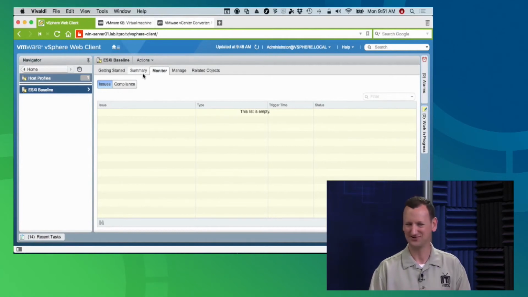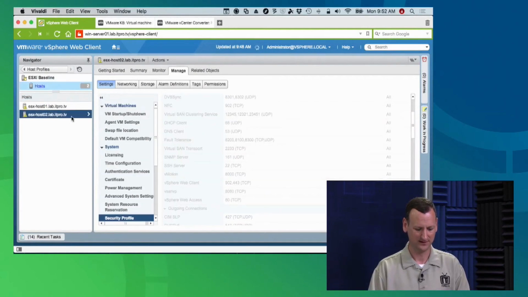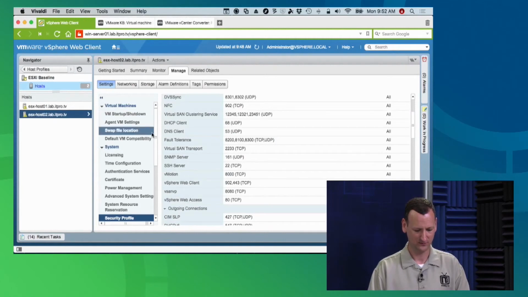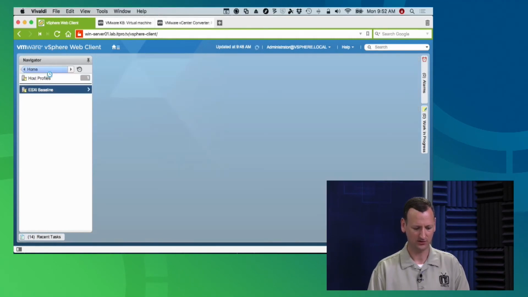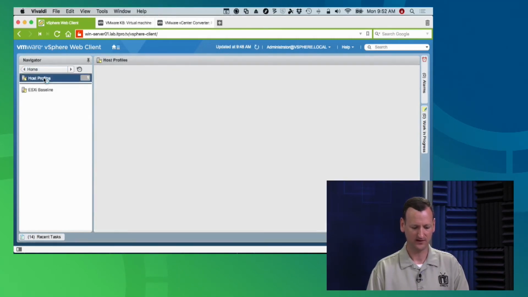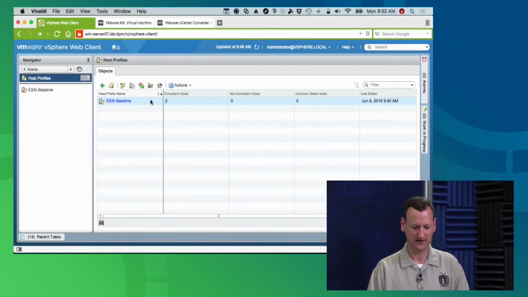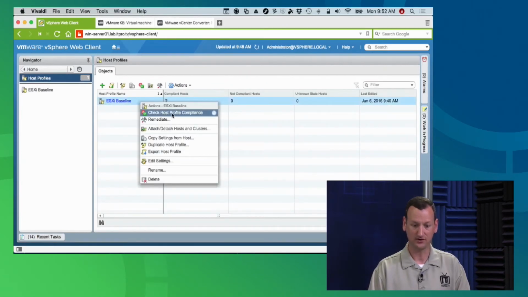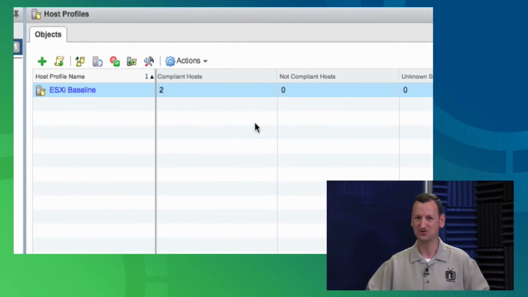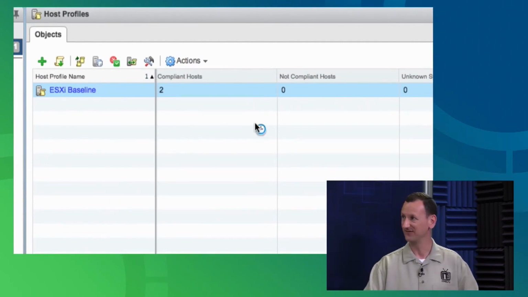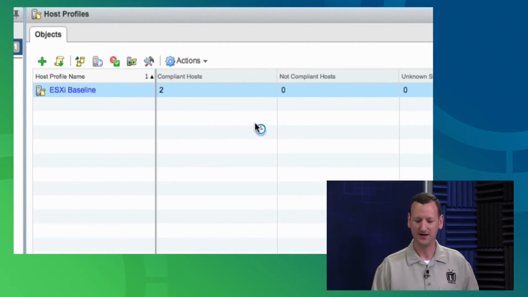I guess I could use the shell on ESX host 02, but you know what I'm going to do? I'm going to recheck compliance and just make sure when I drill into here, yeah, see, it just doesn't show it. It is very strange that it would do that. But we can go back to our host profiles, and we can always recheck compliance on this one and see what happens. What I may find is that if I check that profile compliance, it shows up this time as not being compliant, right? Maybe it tried to apply the settings, it thought it took, and then for some reason it got undone again. It could be